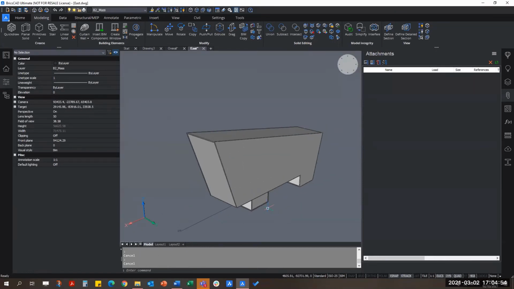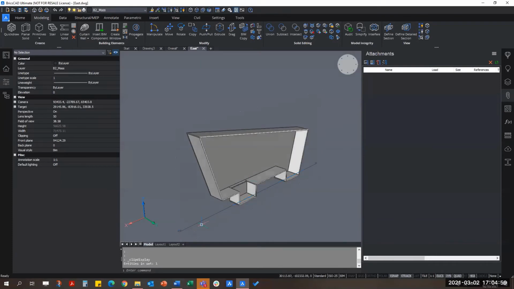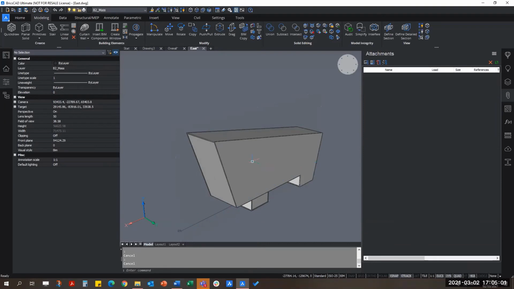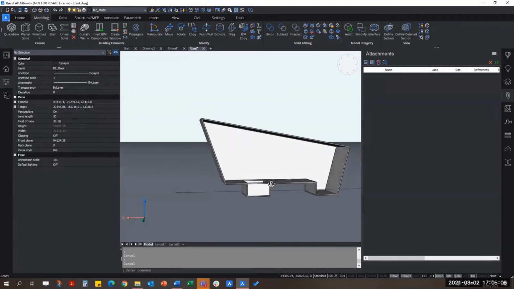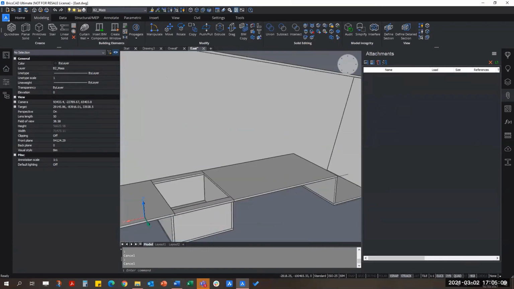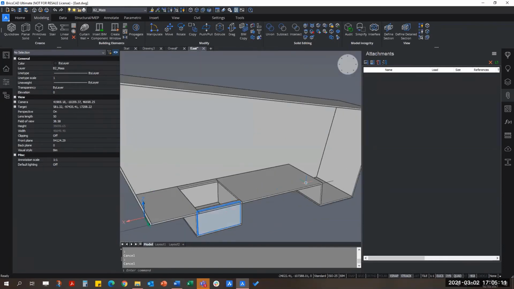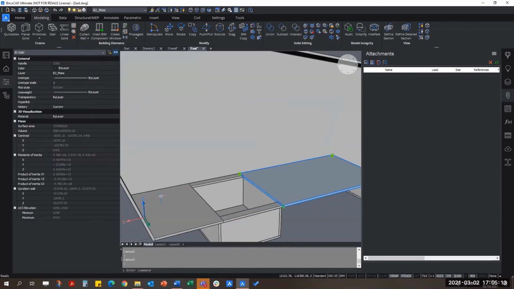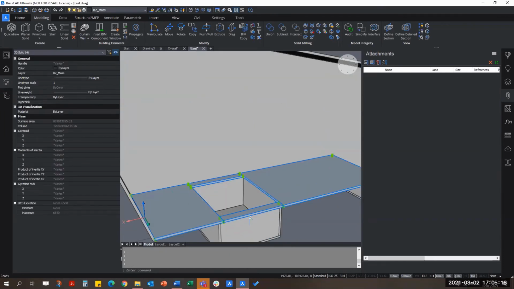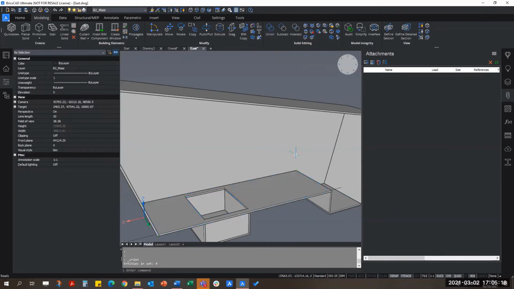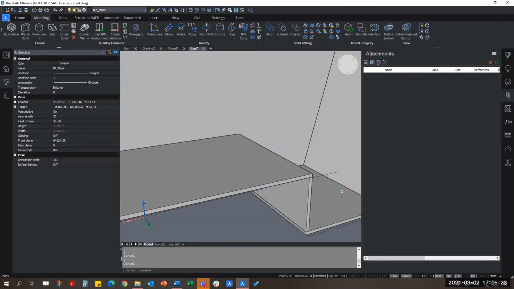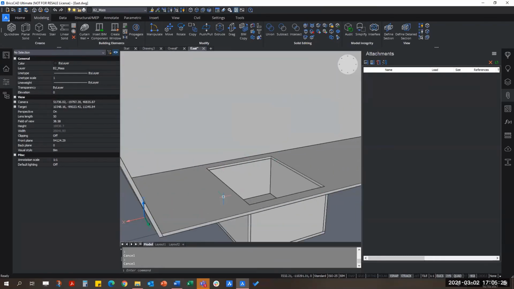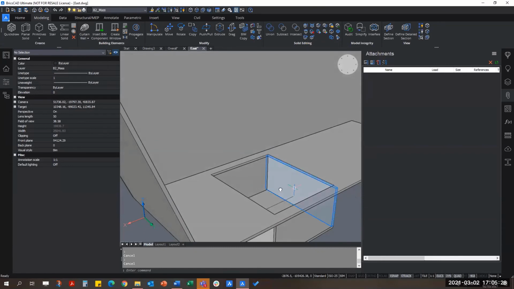I can choose to, say, edit something internally using the section by clipping the section, or I could hide this facade here so I can see what's going on inside here. And that's what I'm going to do because I have the full view of the floor plate here, which I just realized is made of 4 different parts. Again, union, and over on this side,